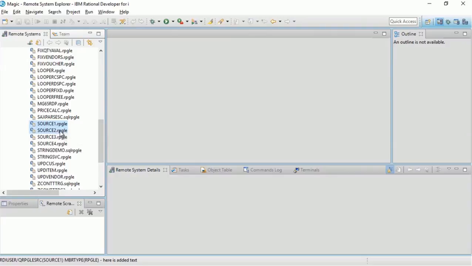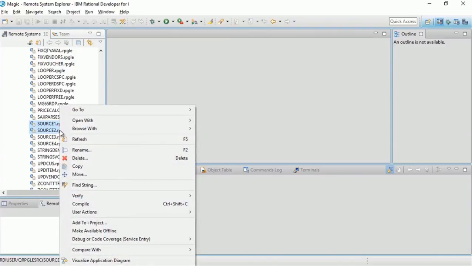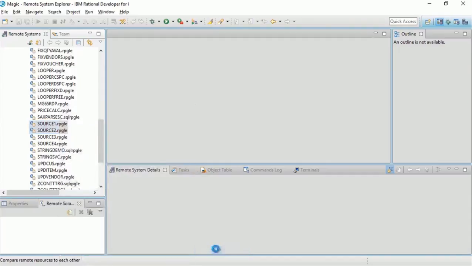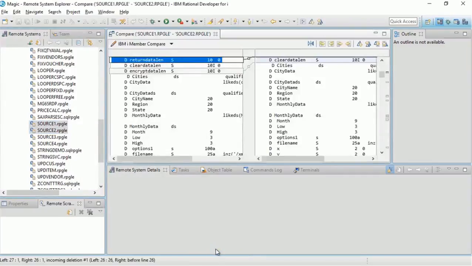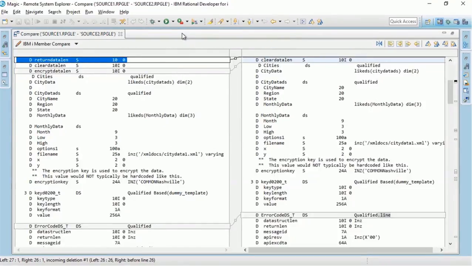So I'm going to hold the control key down and click on it. I just did that now. Now I will right click and I'll say compare with again. And now each other is not grayed out. I'll click on that, and it's comparing them right now, and it just finished. And now I have this nice compare view, which I'll open up over here,